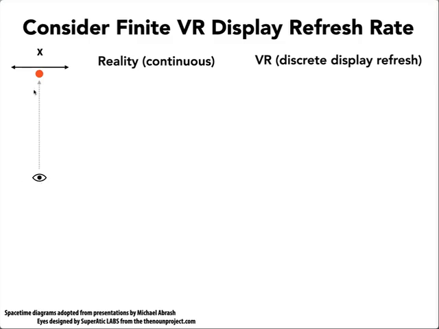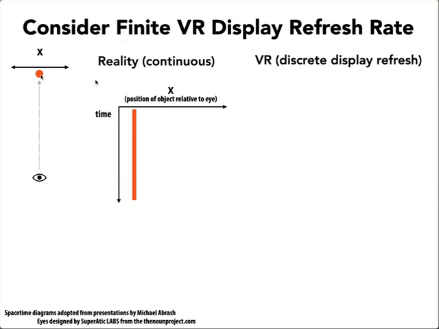Here's an eye, it's looking out in the world, there's a red ball, as I mentioned. There's some X here, which I'll describe in detail as we get into this example. Let's consider what happens in reality first. Okay, so here's a diagram for something that's happening. X here is the position of the object, in this case just the red ball, relative to the eye. That's key. Let me say that again. It's the position of the object relative to the eye,